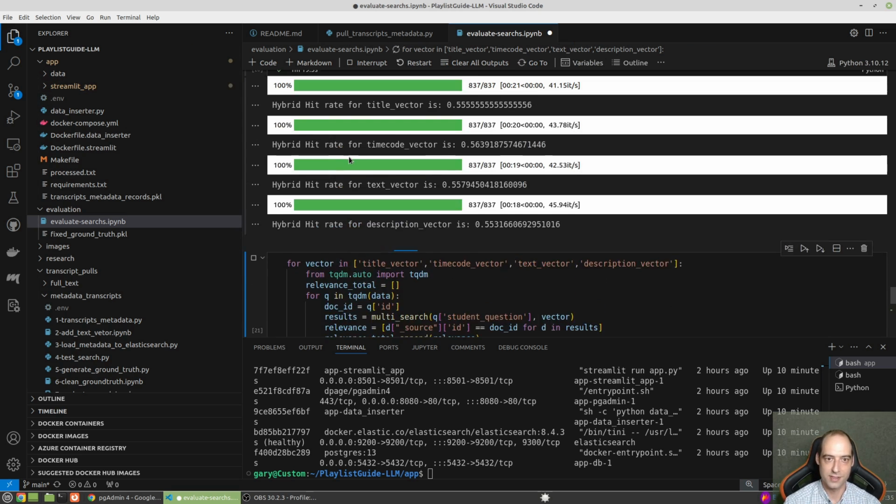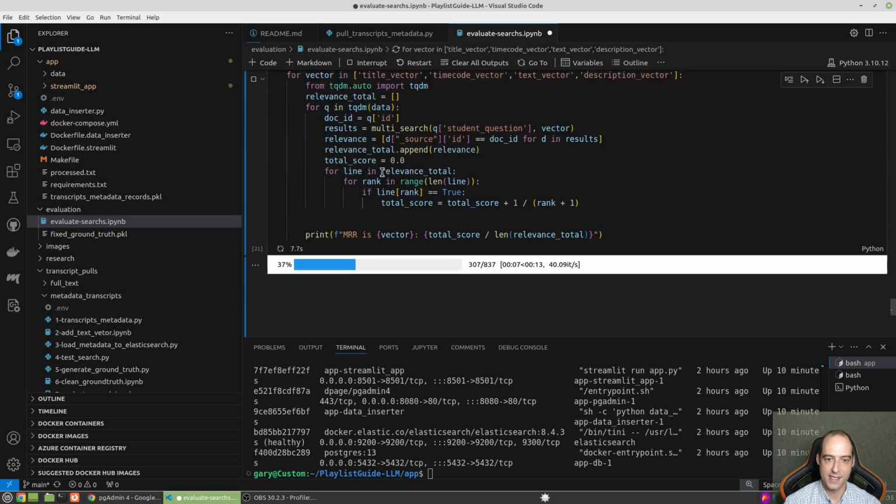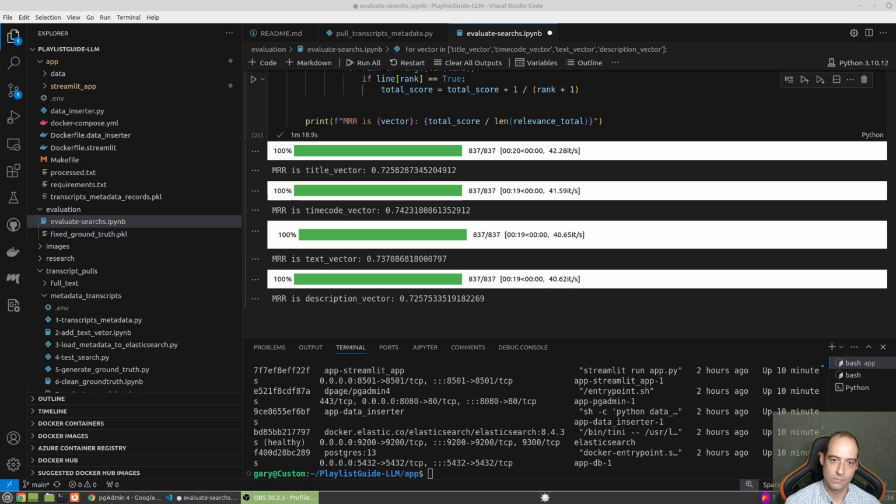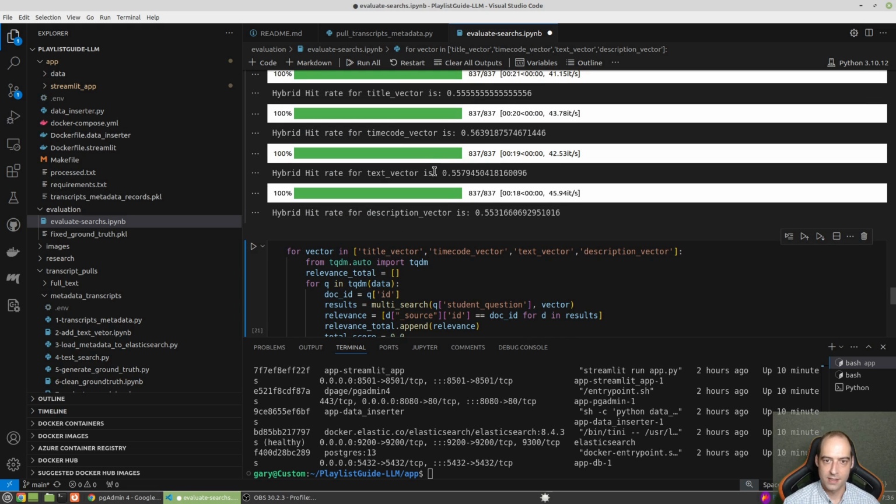Again, this last one took a minute and 20 seconds. Let's see how long this one takes. Again, this one took about a minute and 20 seconds as well. And the timecode vector is the winner again. Text vector is a close second here. And if we go back to app.py, maybe I should have, well, I ran out of time to really test it with text vector,